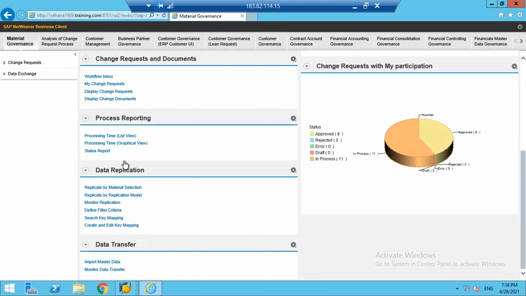Now, as I said, there is something called replication. When we want to replicate our data to other systems, we have this replication functionality. We also have data transfer. If we have a file in your local system or application server, you can load the data directly into MDG.